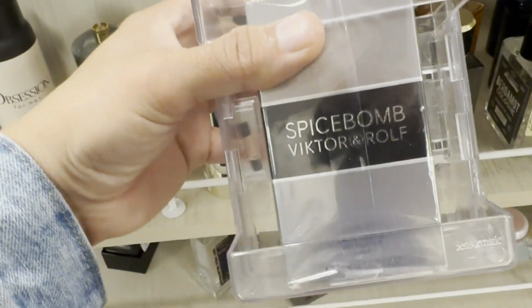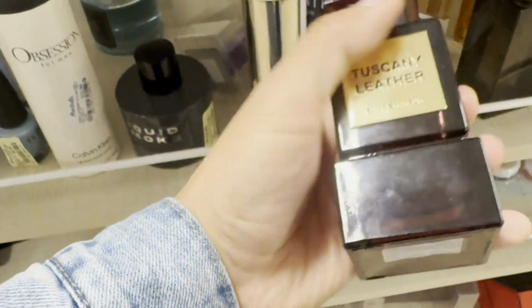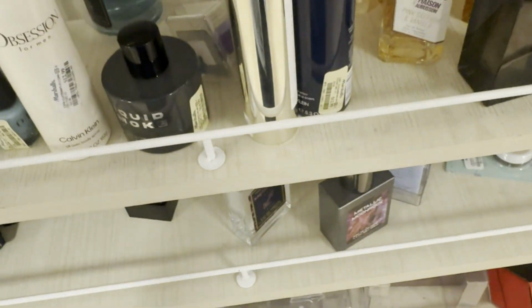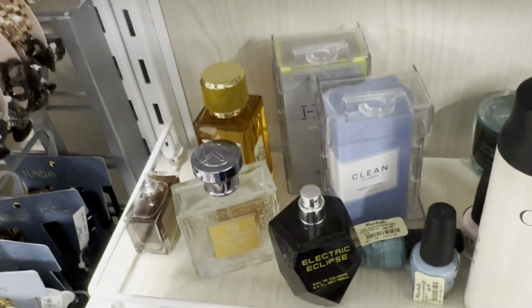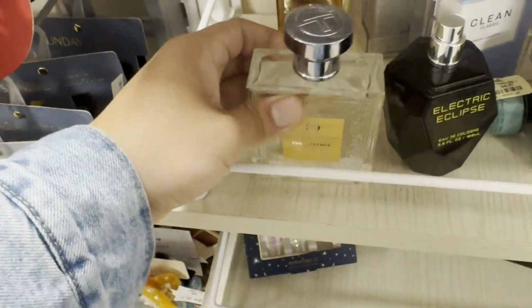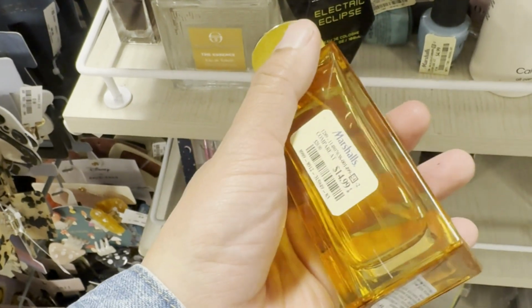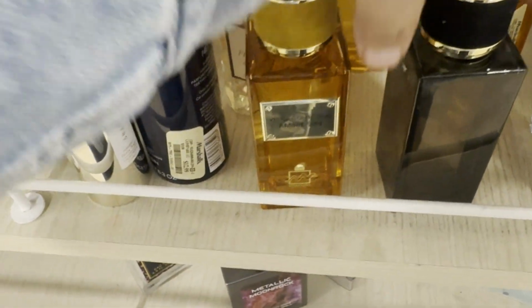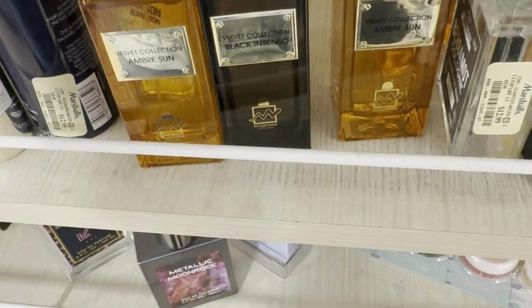Some spice bombs. I think they're a little too expensive though. Another Milestone perfume, Tuscany Leather. This one was $16.99 though. Let's see what else we have. I saw another Ombre Sun, again $14.99, and I just wanted to give it a sniff. And then a Black Incenso from the same line, a whole bunch of Ombre Suns,